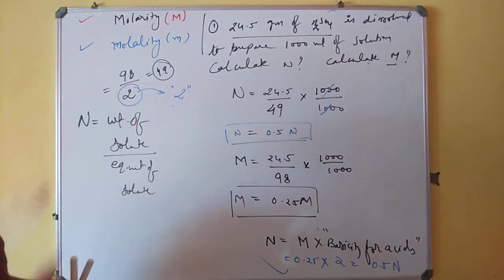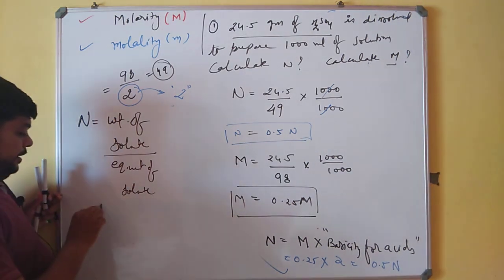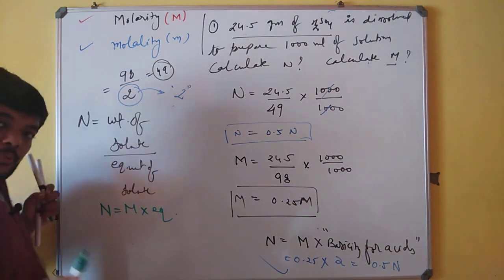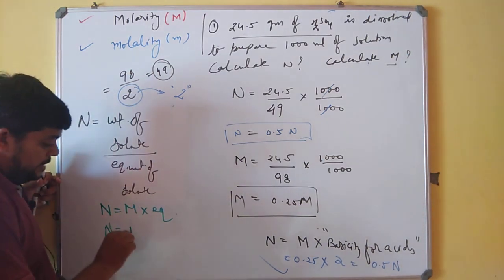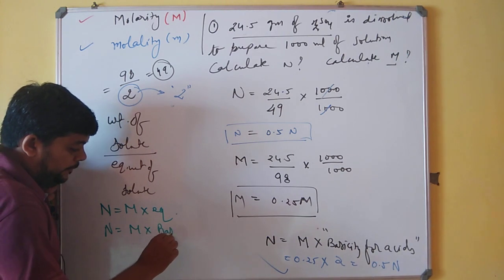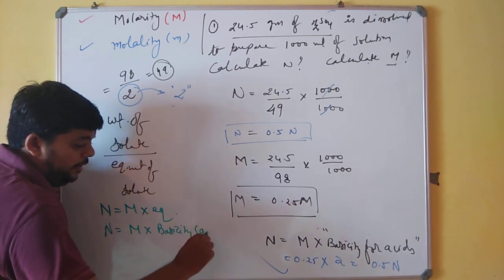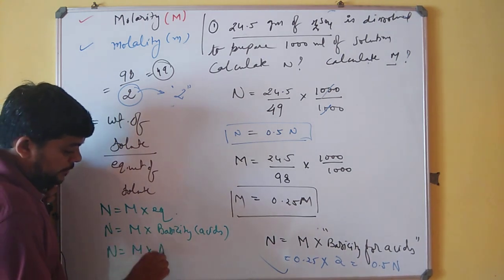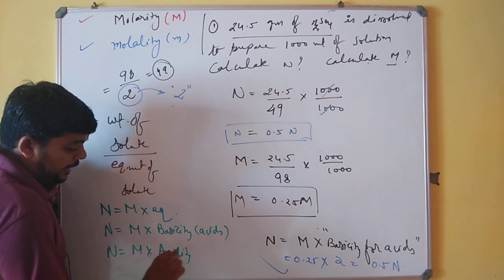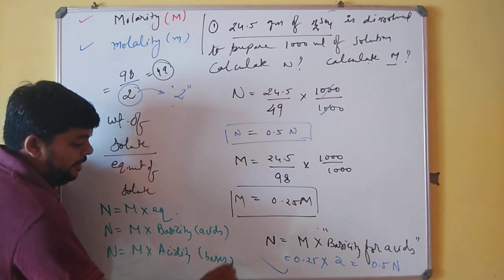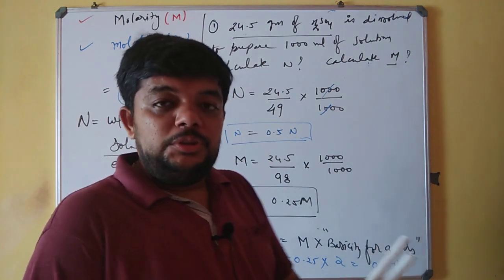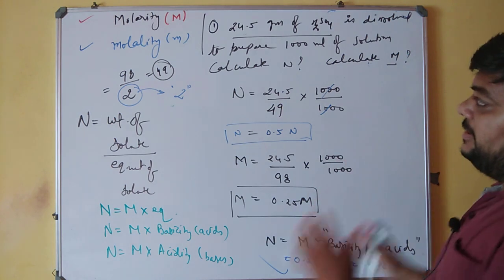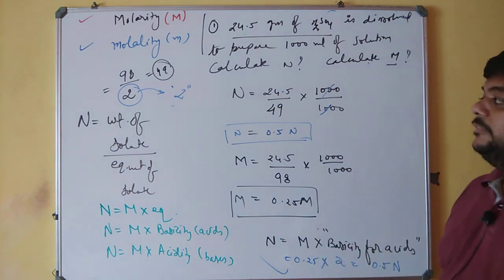So now you have a relationship between molarity and normality, and it is something like normality is equal to molarity into equivalence. In the most simple words, normality is equal to molarity into basicity if you are talking of acids, and normality is equal to molarity into acidity for the bases. Whatever be the thing, whatever be the questions, this is how you will always relate and answer them. So a very simple example that includes normality for us.